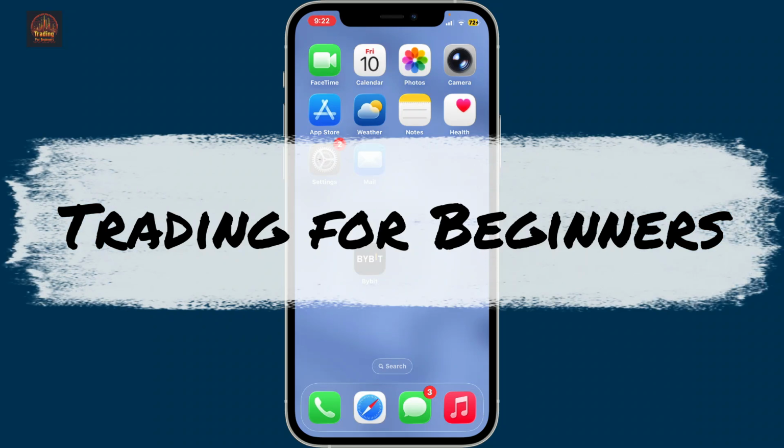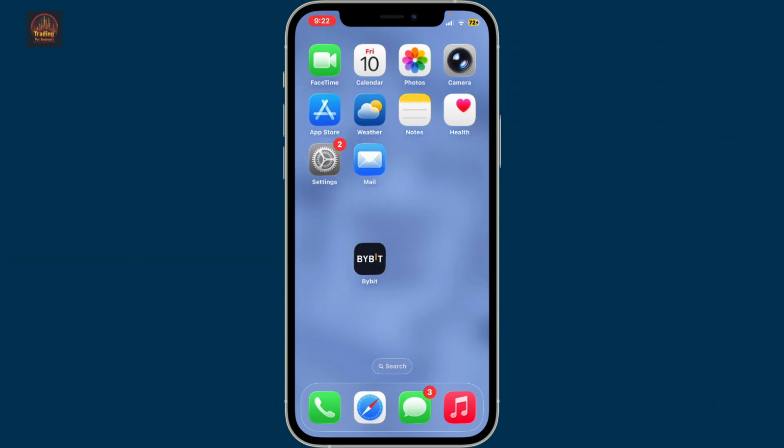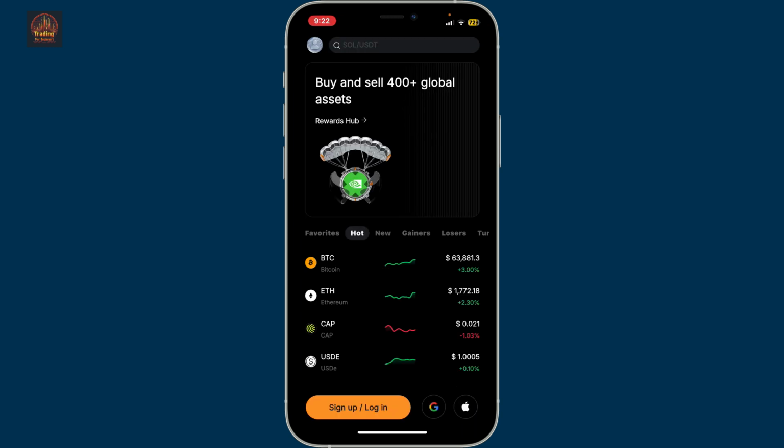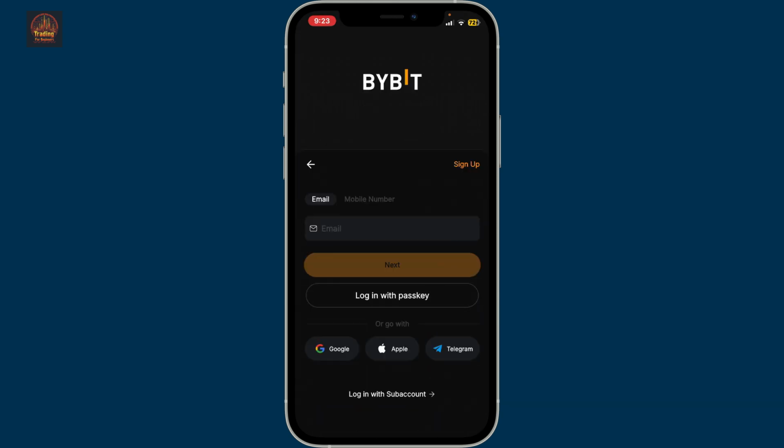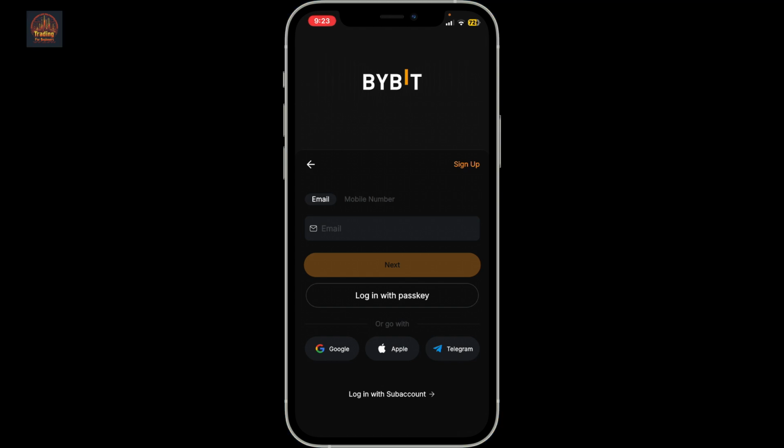If you're trying to log into your Bybit account but aren't sure where to begin, here's how you do it. First of all, open the Bybit application on your device, and once you open it up, you'll see this welcome screen. Click on the sign up/login button from the bottom of the screen and go ahead and tap on login now. On the next page, you can log in by entering your existing email or phone number, but make